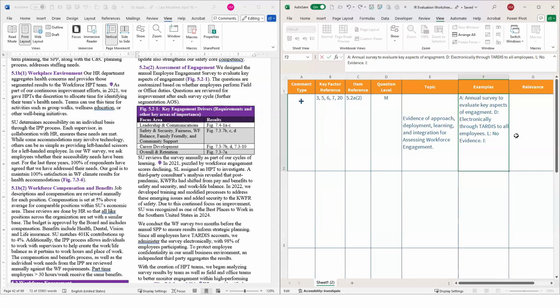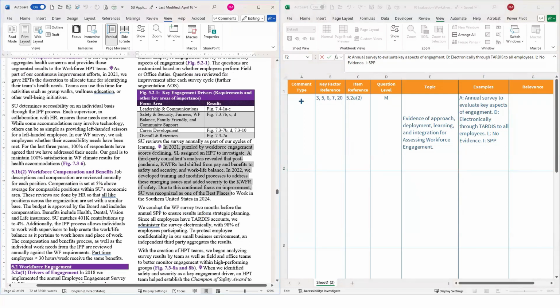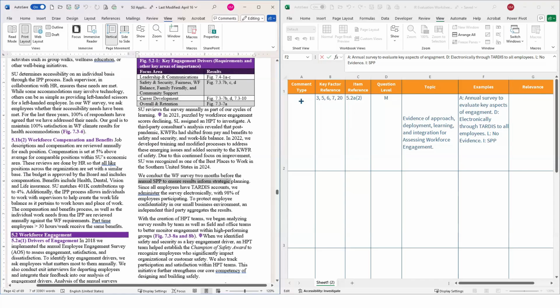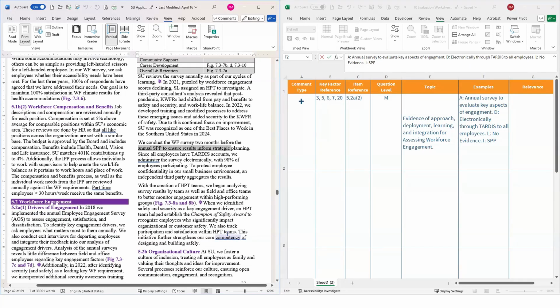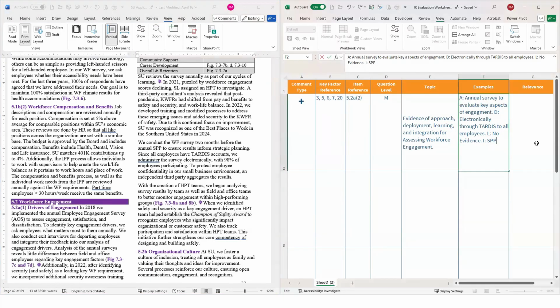And then my integration, my I, we saw that it is integrated with the SPP. So the strategic planning process has a dependency on this survey going out and results coming from it. It also looks like this strategic planning process is impacting or has impacted their workforce development processes, and their recognition process. So for this, I'm going to say